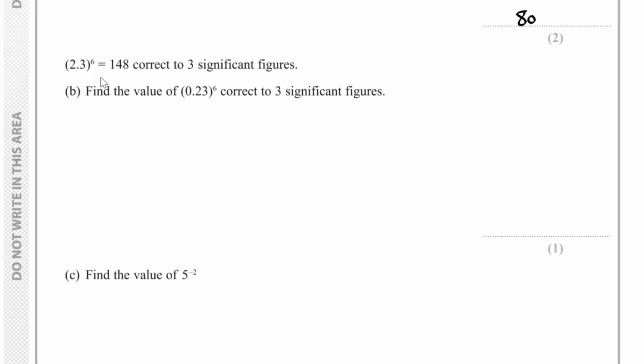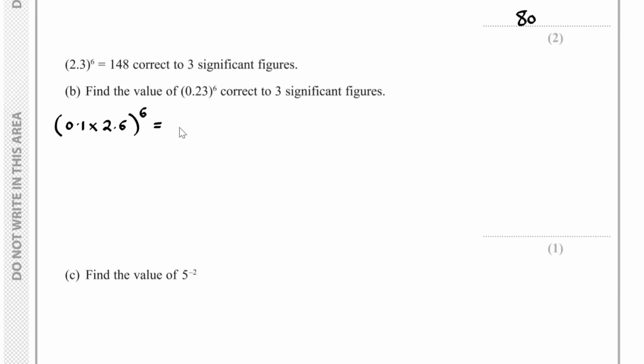For part B of the question, 2.3 to the power of 6 is equal to 148, correct to 3 significant figures, and we have to find the value of 0.23 to the power of 6, correct to 3 significant figures. Well, you'll notice that 0.23 is 10 times smaller than the 2.3. So we can rewrite this result as 0.1 times 2.3 to the power of 6,